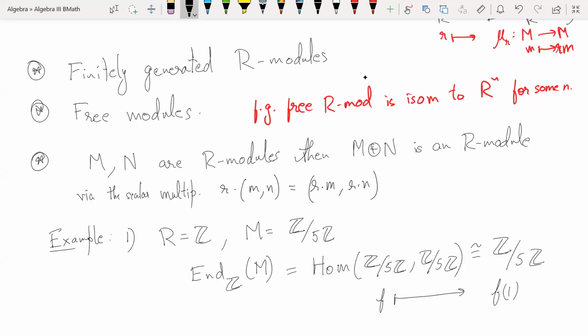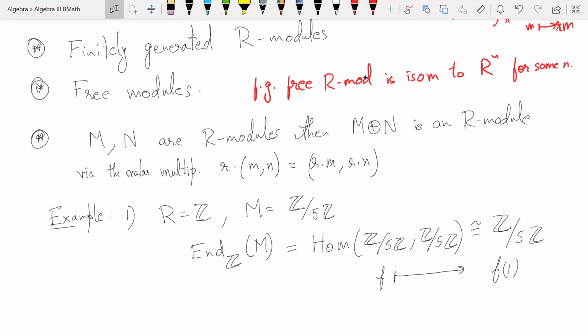And scalar multiple also is okay. So it is an R-linear map. And it's going to be surjective because 1 you can send to any of these elements. So it will give you an R-module homomorphism, and